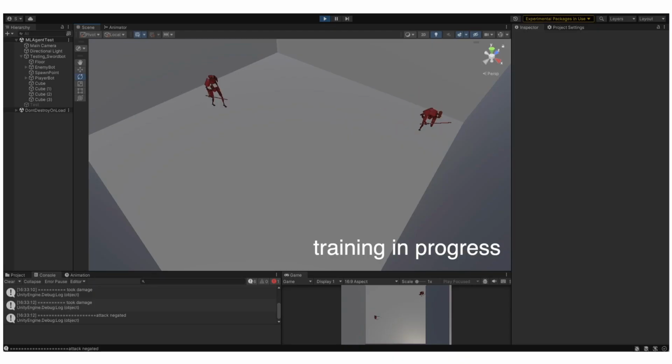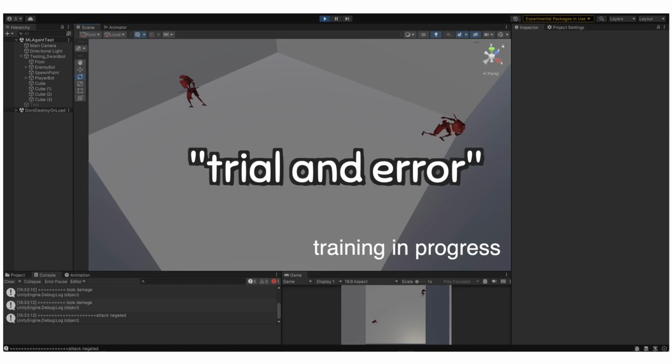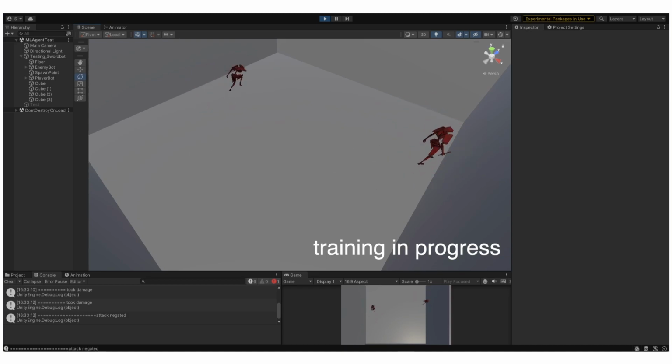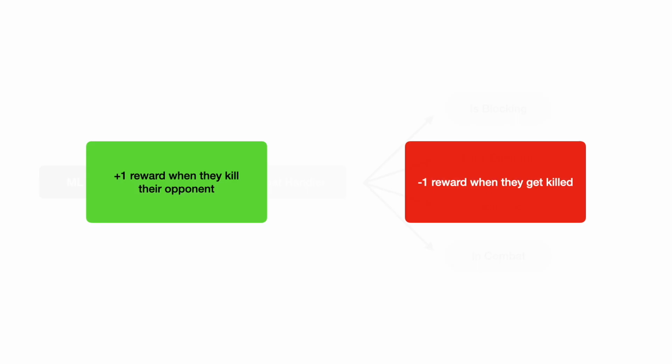First, I did some reinforcement learning, which is essentially trial and error. The AI's brain tries a bunch of random stuff until they get a reward, which we'll talk about in a moment. If an AI receives a positive reward, it will continue to make that action. If they get a negative reward, they will avoid making that decision. Now when I first started training my AI models, I read online that they should receive a reward of 1 if they manage to complete their task and -1 reward if they fail.